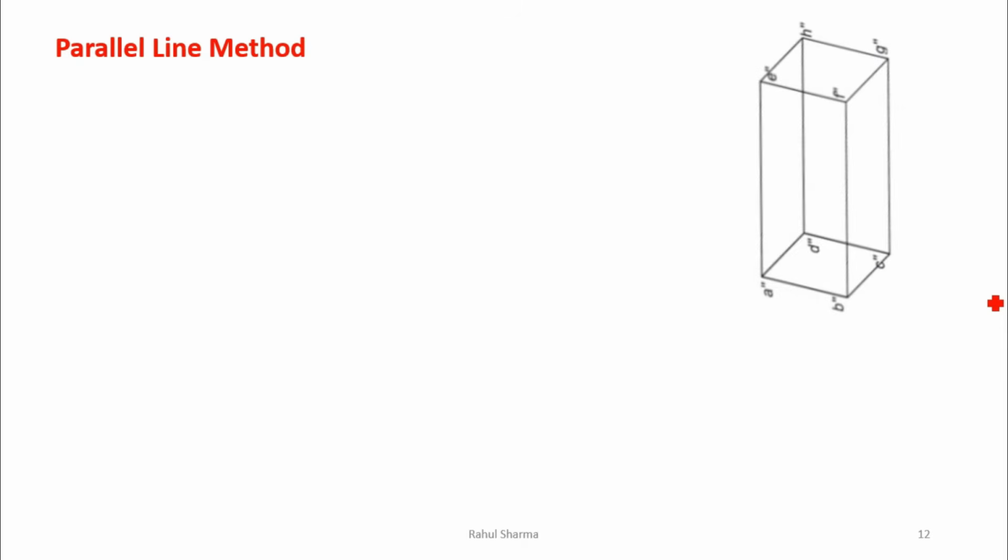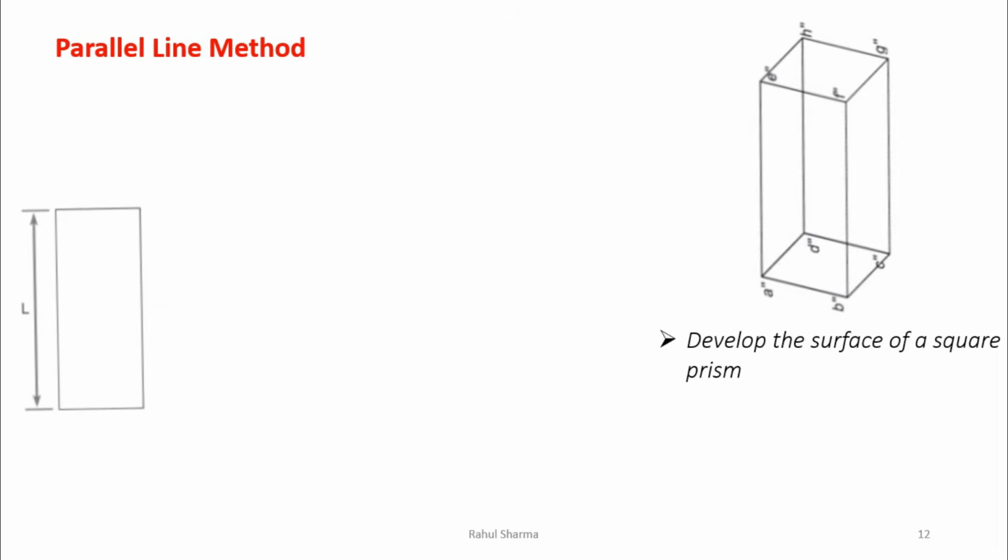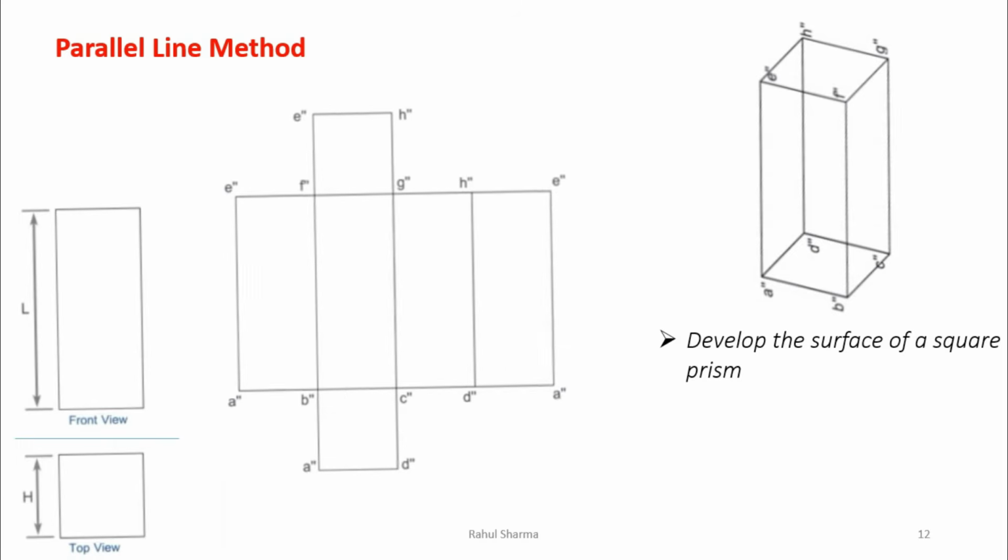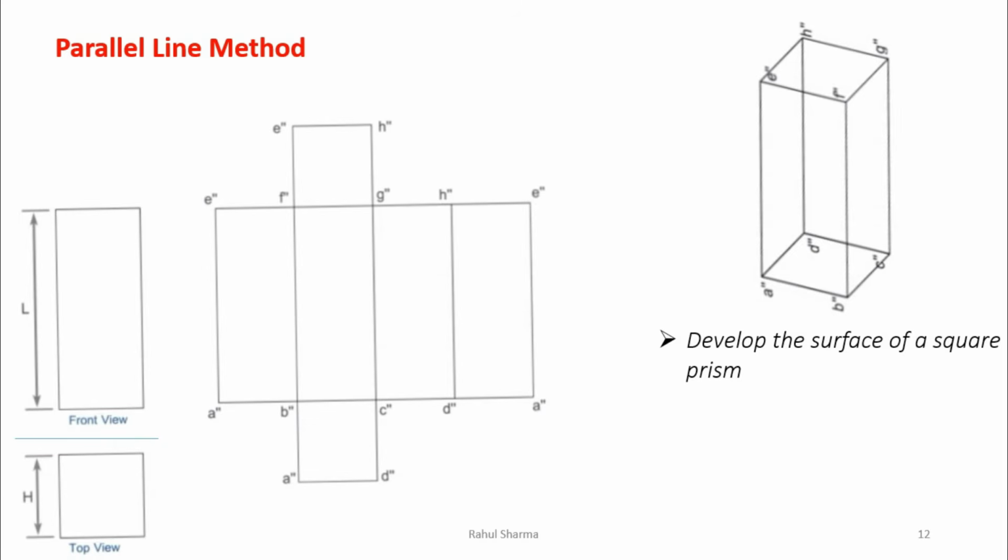Now we take an example. Let's say we have a square prism. The square prism has this type of shape, and first I'll tell you only the development of surface, then I will solve one numerical also. First of all we will draw the front view and top view of the object. So this is a square prism. It will have this type of shape with the length, width and height. So this is the front view, top view. When you develop this, you will have this type of surface. In technical drawing sheets, when we develop our object, we draw its front view and on the sheet we draw its top view, so that we can see how the areas are, and when we develop, this part is known as development of surface.